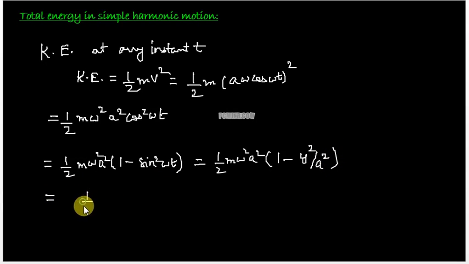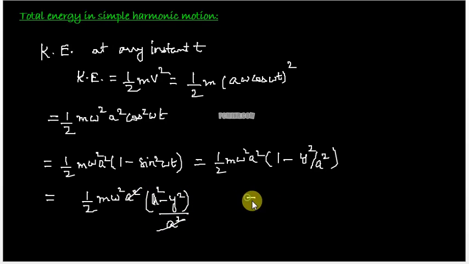So this is half m omega square a square into 1 minus into a square minus y square, and upon a square. This would cancel out, so I get the expression for kinetic energy as half m omega square into a square